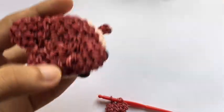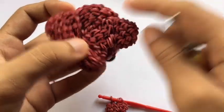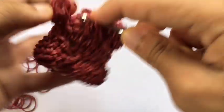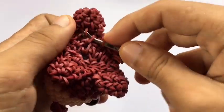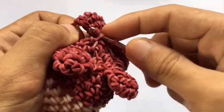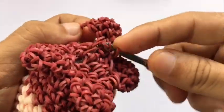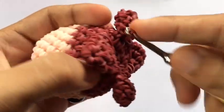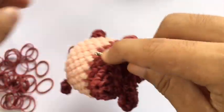Yeah. And just slip knot after you attach. We're just basically attaching it just like how we attach our front legs. There we go. Then your last leg. So it's really easy. And I saw some people, the beginners on Loomigurumi, they are doing such a great job, so I recommend this for beginners. And then pick a stitch from your leg and just slip knot it to the body